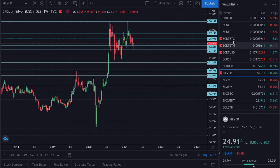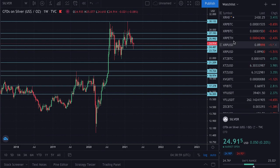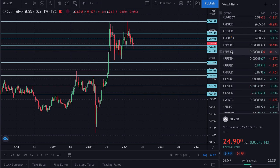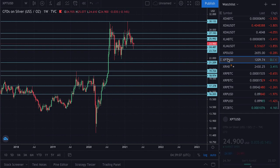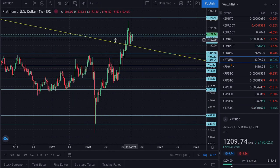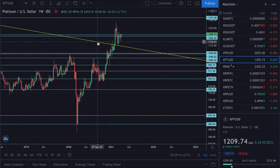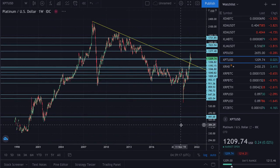So that's silver. Again, just a really quick update from last week's. Let's take a look at XPT, that would be platinum. Where are we? XPT. No, that's not the one I want. I want XPT right there. XPT USD. Fantastic. So last week I was talking about the fact that we broke through this big long-term downtrend